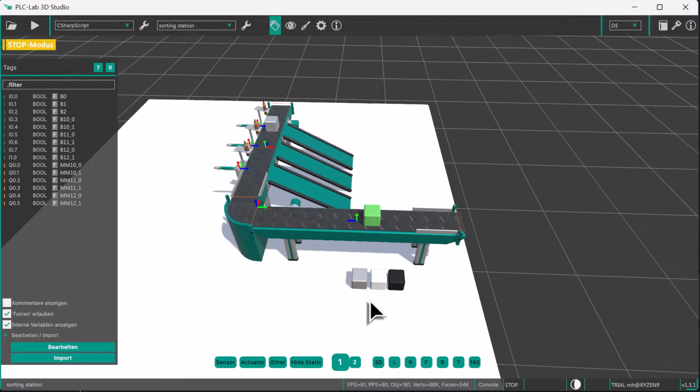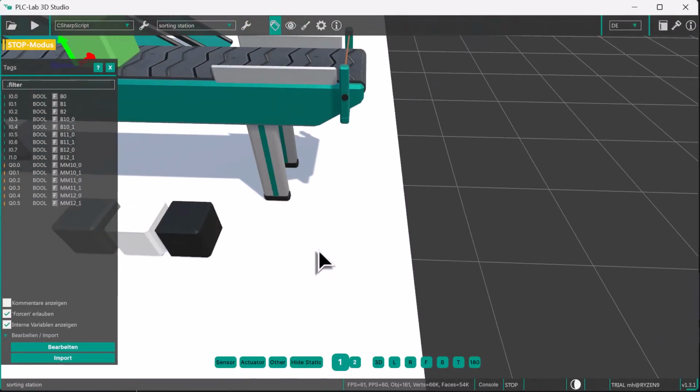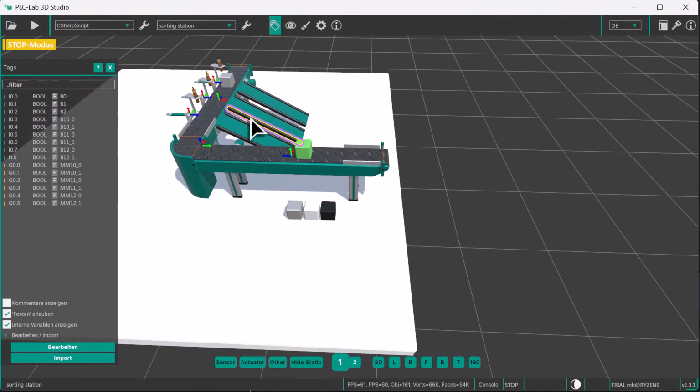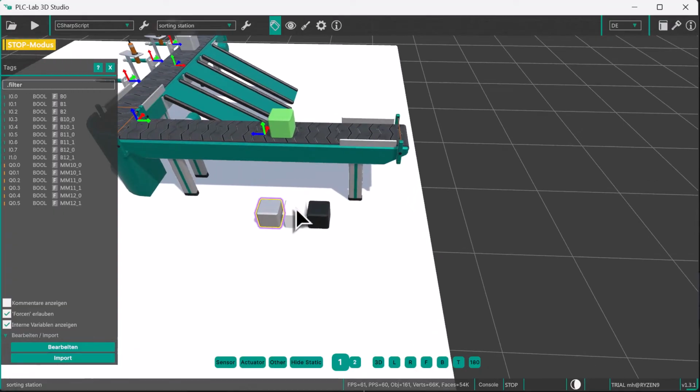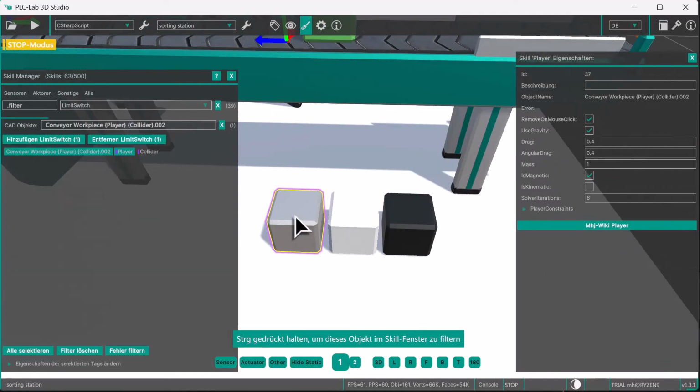Yes, gladly. And if you have any questions, just interrupt me. The skill configuration is now done as follows. All 3D objects that have been assigned a skill in the Blender file can now be selected. With the Control key pressed, I move the mouse pointer over the objects and see that they light up if they have a skill. If I want to configure a skill now, I hold the Control key and click with the left mouse button. Now on the left side, the so-called Skill Manager appears.